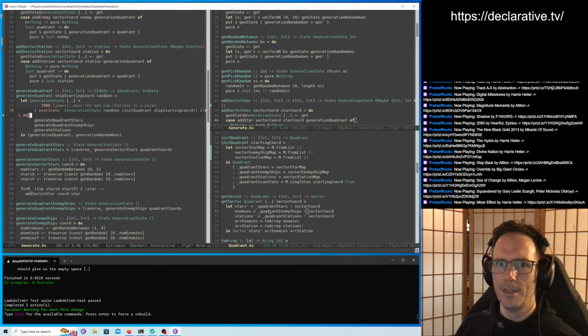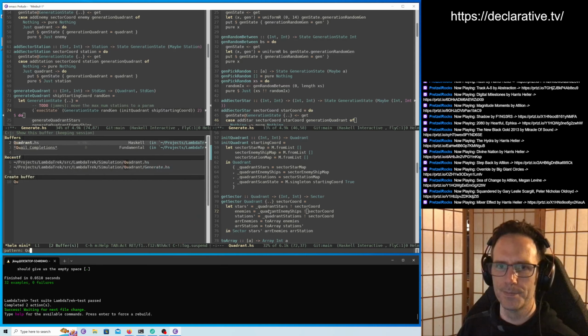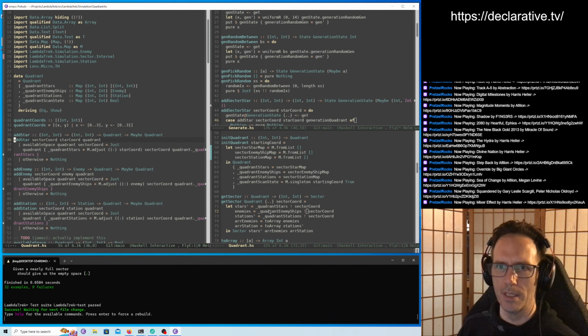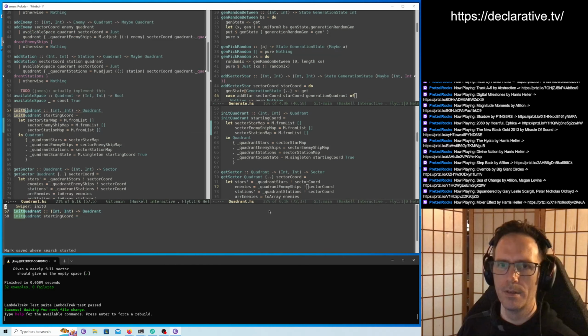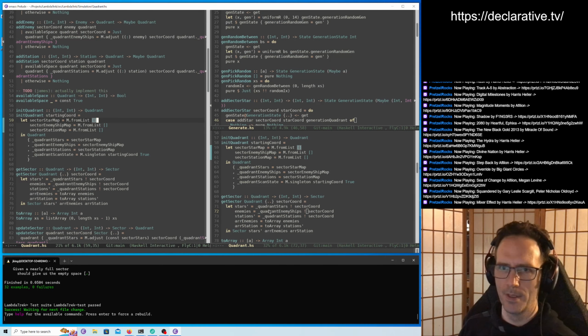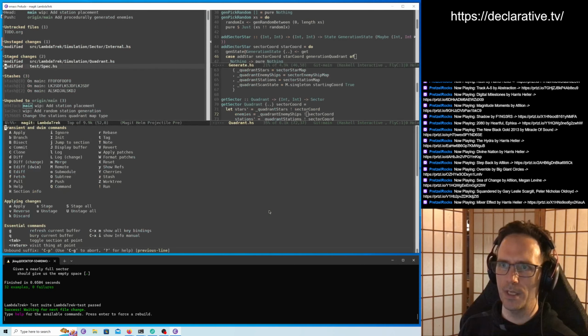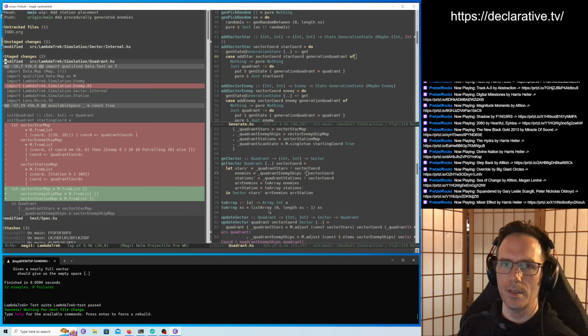If we go back to init quadrant, we change it to the empty lists. Map from list, empty list. And that means the map is empty. We want to actually not do that. We want to fill the map with all of the sector coordinates and just the sector data is empty. So, quick fix for that now is go in here,